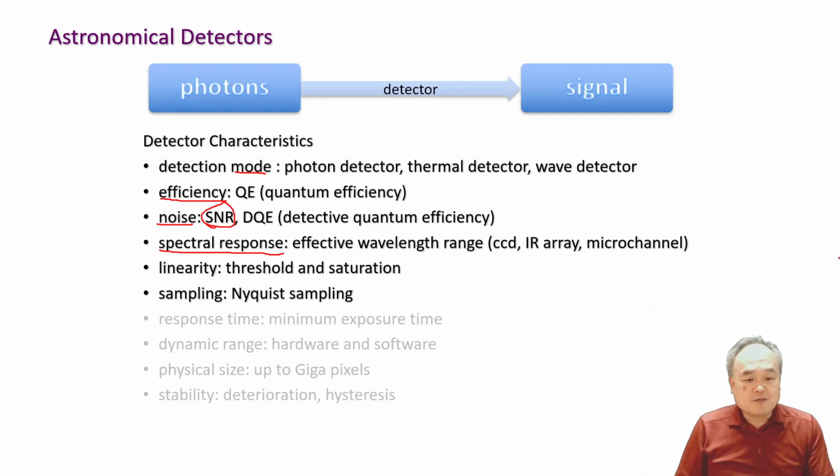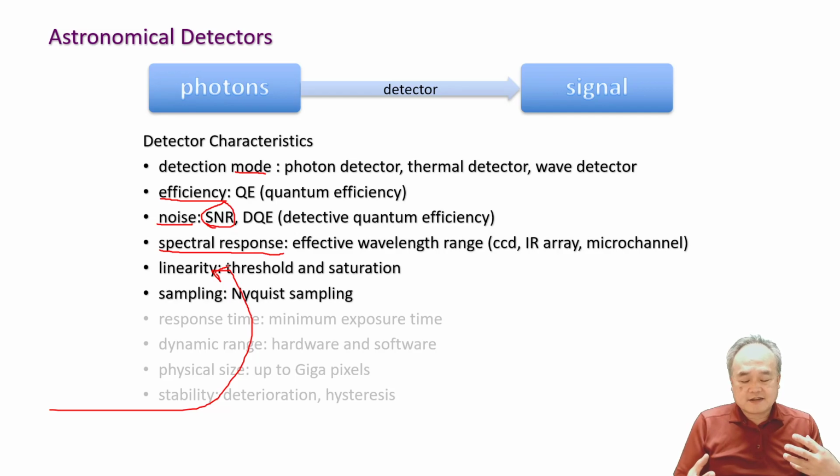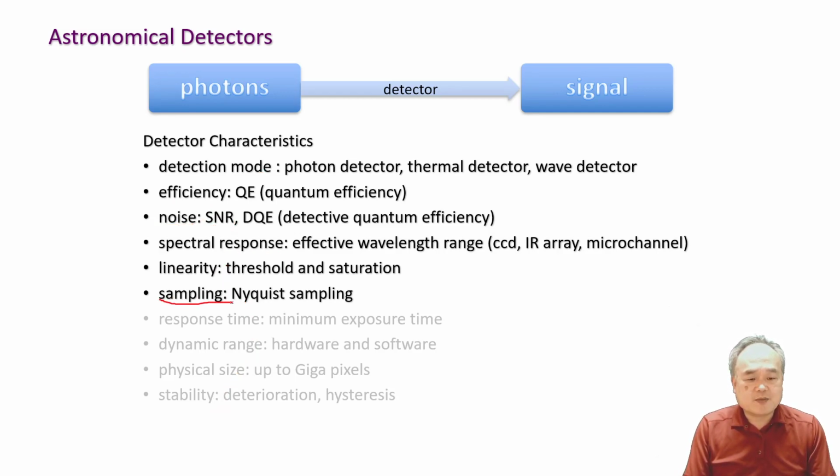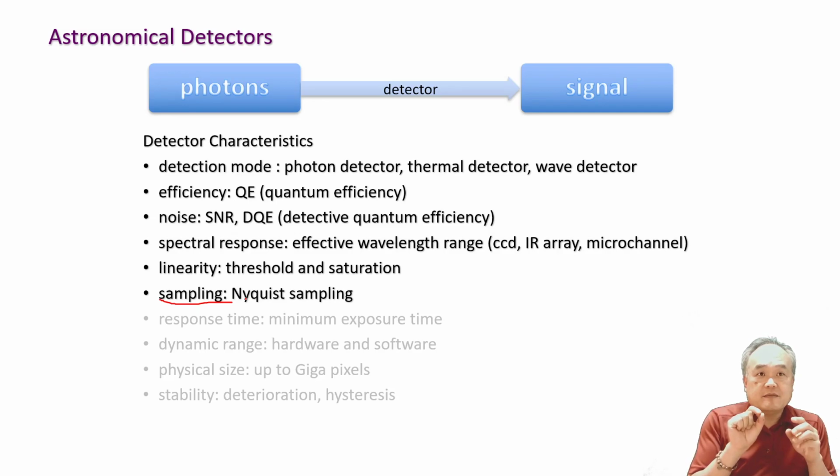Okay? And another important characteristic of the detector is linearity. Linearity provides the relationship between the detected signal and the incident signal. So having a linear detector is important, as you will see later. Then lastly, the sampling. Sampling says what the minimum size of detectable structure is for the given